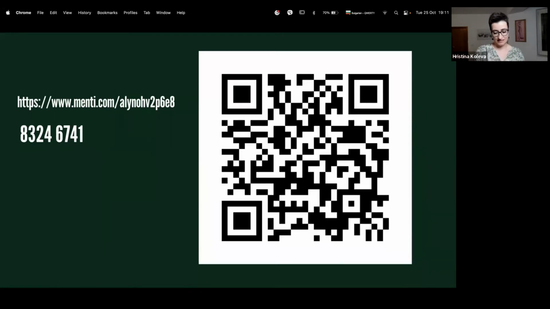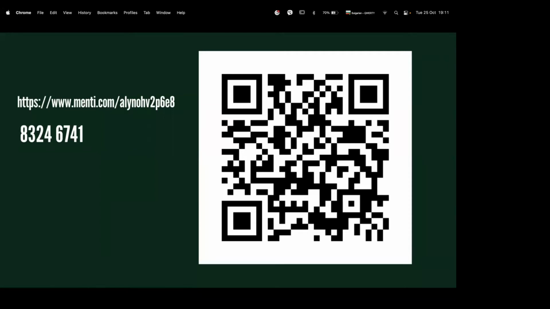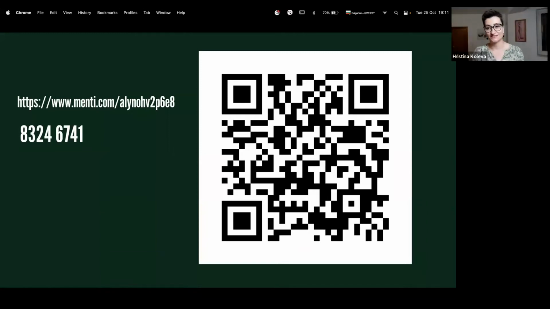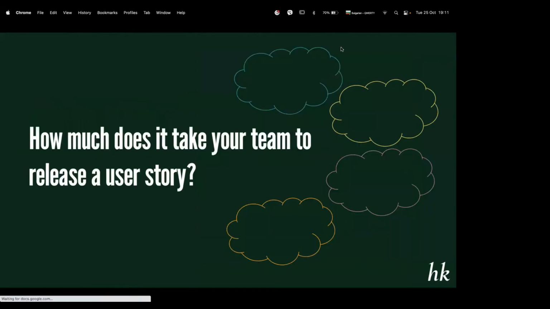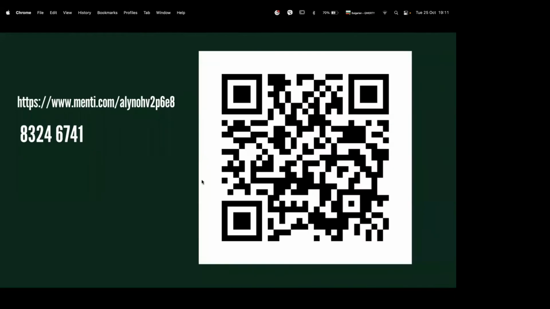Can you open it? Anyone? Do you see it? Yes. Let's play for 1 minute. Has everyone responded? Actually, I joined the event from my phone and cannot scan the QR code.